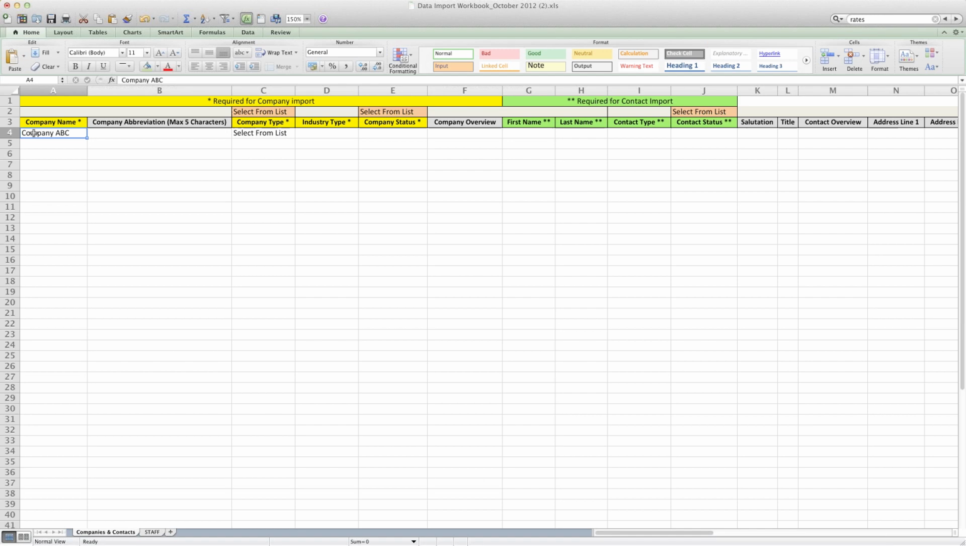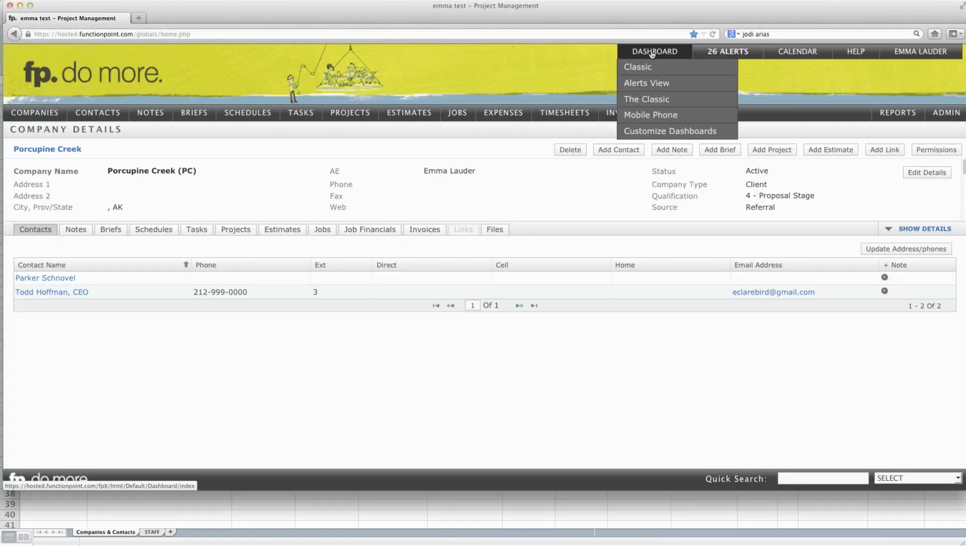I'm just back on this data import workbook document. So I'm putting in just a company name. The next field over is the company abbreviation. Now this will be an area you can certainly put in a 5-character company abbreviation if you have one or would like to use one, but the system will create one for you. So where this comes into play is just going to show up in the system where there isn't enough screen real estate to show the whole company name. So going back to my test system here, for example,